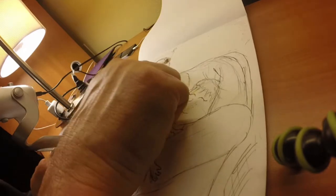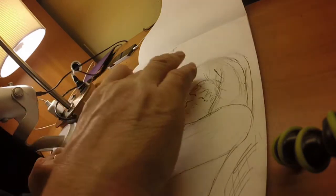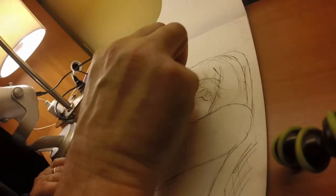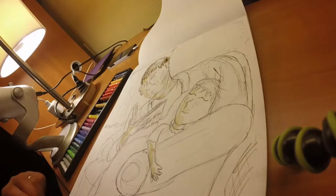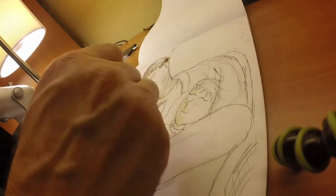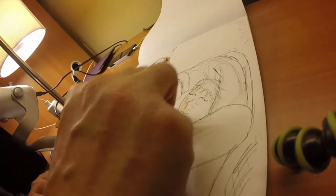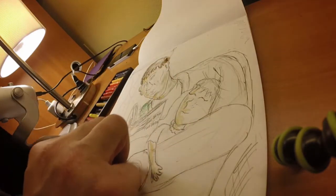And I'm getting an unexpected result. What happened was some of the black got in with that, and it's darkening it. But you know what? I'm going to work with that, and we're just going to work that into the drawing. It's going to give it kind of a texture and a color, and that is perfectly okay. I imagine that his jacket, being a military man, is a little on the green side. This is a little darker green than I would actually prefer, but we're just going to go with it,